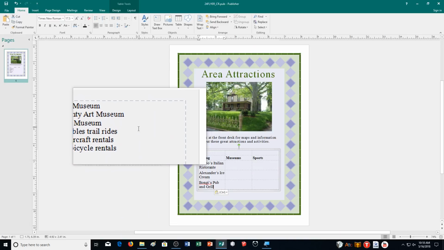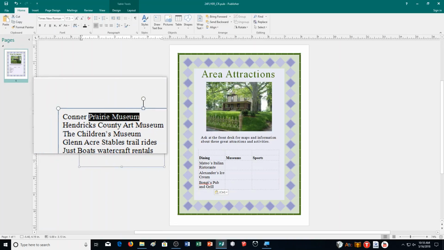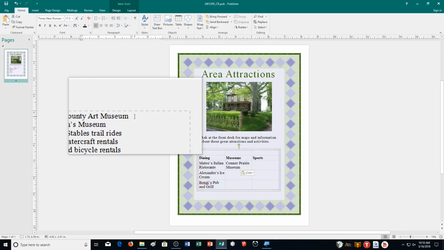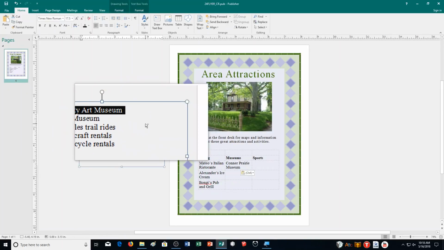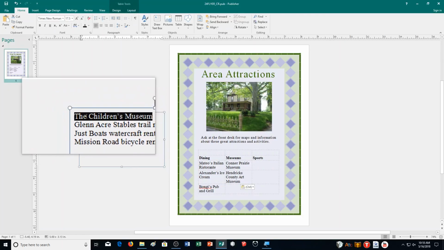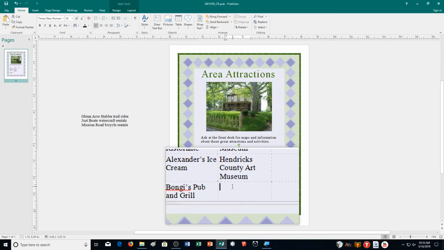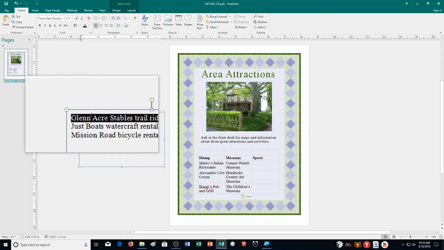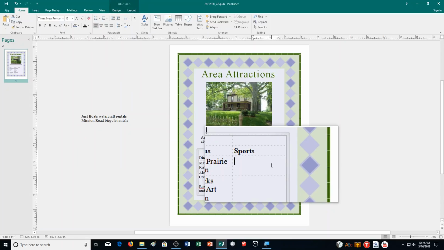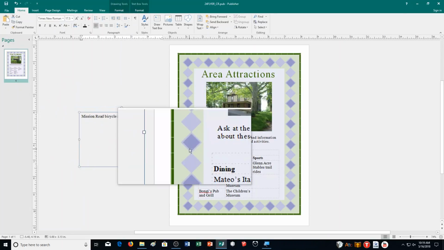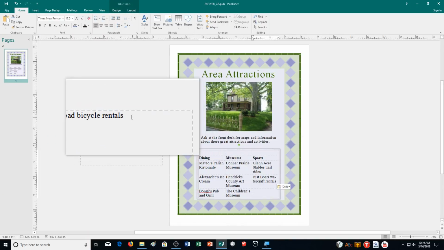And then Conner Prairie Museum, let's select that. It's going to go here under museums. Hendricks Country Art Museum is going to go down here. The Children's Museum is also going to go down here. Sports, you're going to see, is going to go over here. Basically, you're just going in order, and you'll be able to see it once I finish with putting